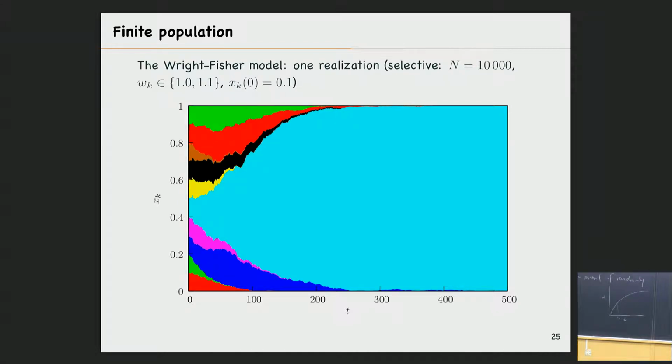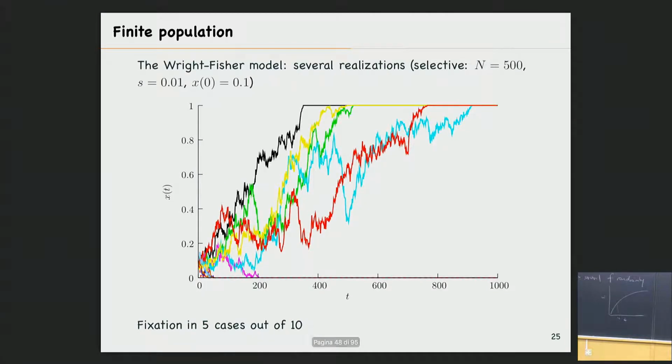This is one simulation. Here it's probably not terribly clear, but what you can see is that at the beginning there are still the same fluctuations, and then at a certain point it seems that this light blue takes over and starts increasing exponentially. But there is some region here in which the fluctuating size is still present. And again, I look at several